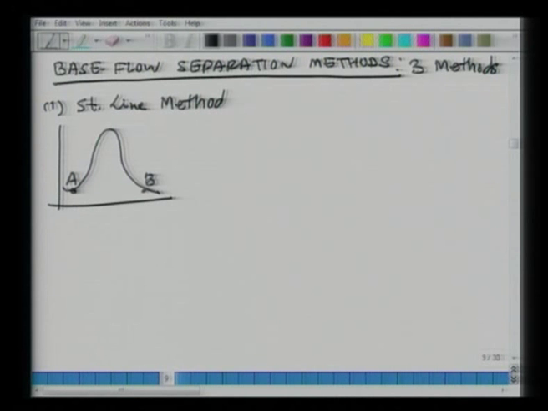Let's call that B, the end of the runoff, and after that base flow will be occurring in the river. And then we simply join these 2 points by a straight line, and this method is called the straight line method. So A is the start of your direct runoff hydrograph, DRH is your direct runoff, B is the end of DRH,